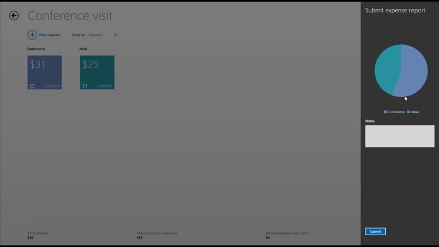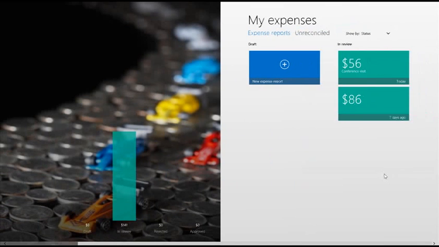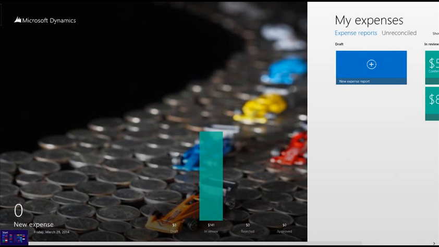Let's do this, and you can see here I have conference and meal. I can put a note in here, say technology conference, and submit my expenses. Now you can see they're now moved into in review status,